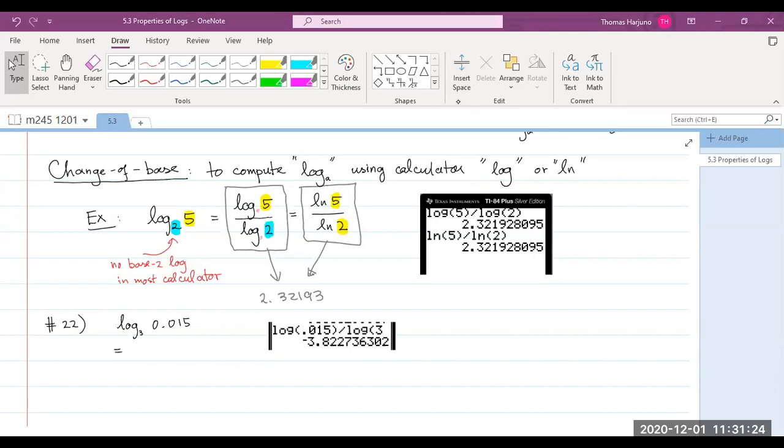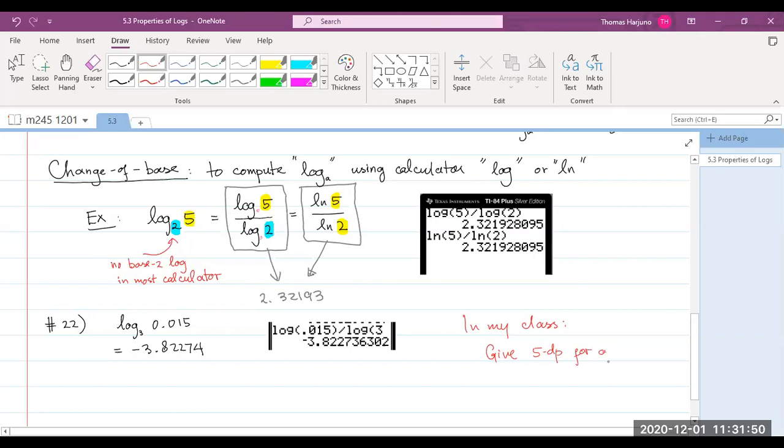So that will be negative 3.82274. Okay, keep in mind, in my class, to give 5 decimal places for an approximate solution. Okay. Now we will then go on to